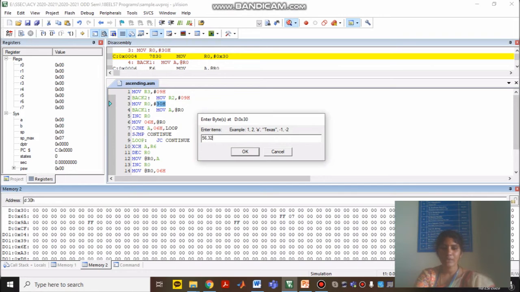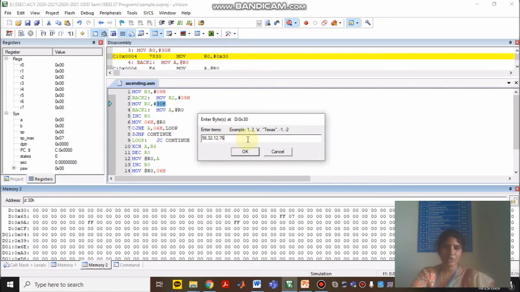Whatever data you are giving inside this is going to be decimal data. After typing here it is decimal data, but when it is taken into the memory window, it will automatically be reflected as a hexadecimal number.